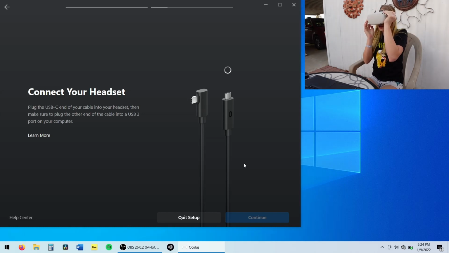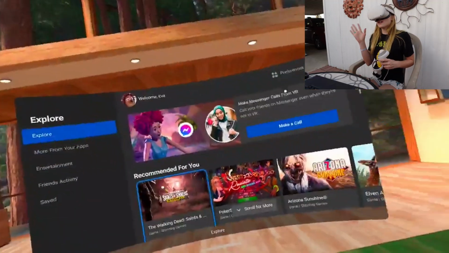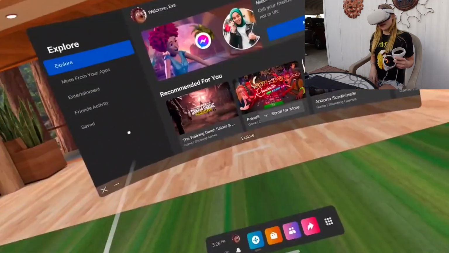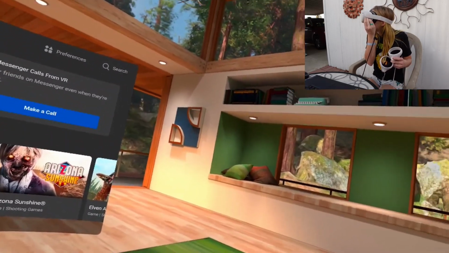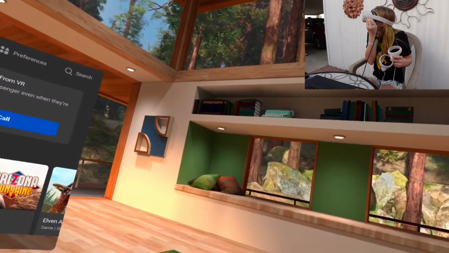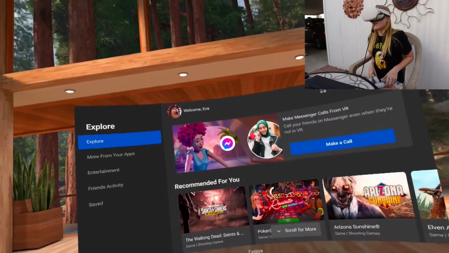So let me just turn this on real quick. I'll try to record in the Oculus so you can see what I'm doing. Okay, so now that it's turned on, you can see I am in my VR here. I'm gonna plug in my cable, this always takes so long to plug in. Come on, get in there. Now that it's plugged in,